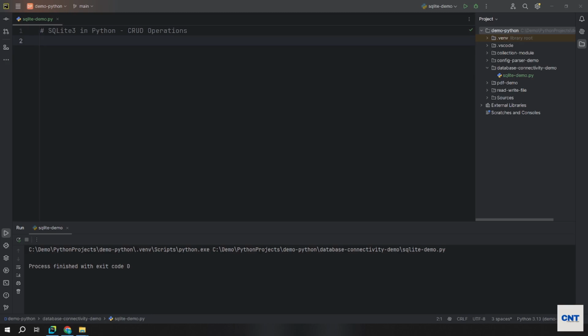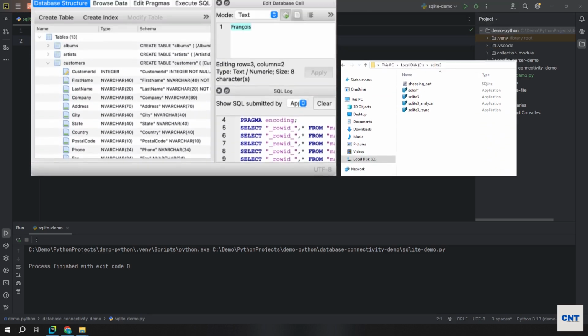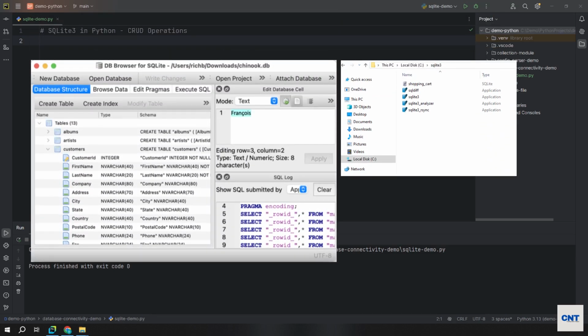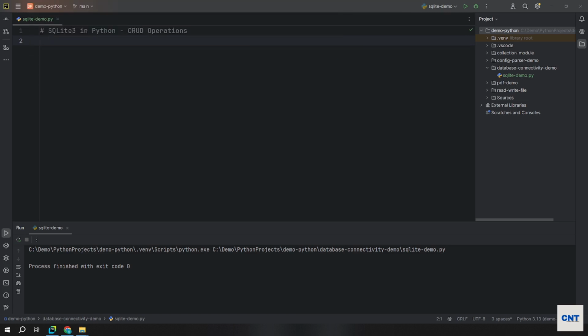Hi everyone, in today's tutorial, we will learn what is SQLite database in Python. We will learn how to configure it, how database and tables can be created using command line tool and other GUI tool. And then we will see how we can perform CRUD operations on SQLite database in Python program. I am assuming that you have fundamental knowledge of database concepts, then only you will be able to understand this